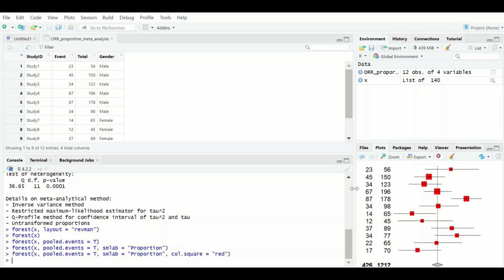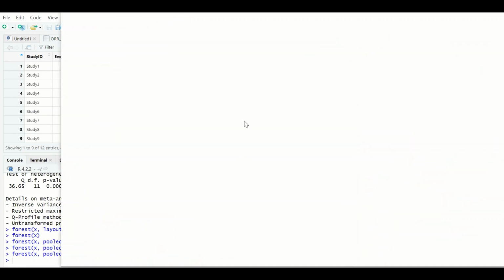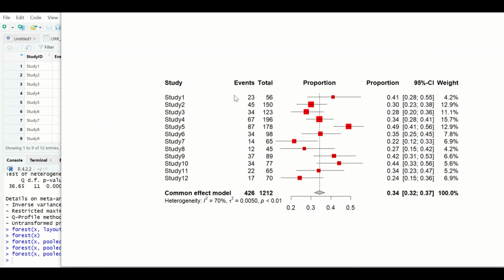Click on zoom, and as shown here, the square, the effect size for the proportion, is changed into